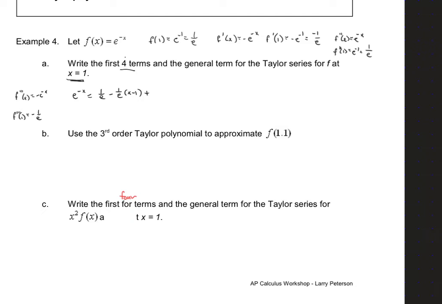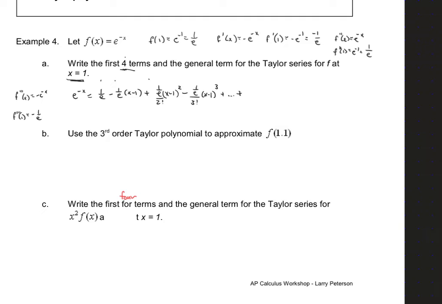Then we're going to get our second derivative, which is 1 over e, and we're going to divide that by 2 factorial times x minus 1 to the second. So we got 1, 2, 3 terms. We want to go 4. So now I think it's going to be a negative again. So it'll be a minus 1 over e over 3 factorial times x minus 1 to the third plus,